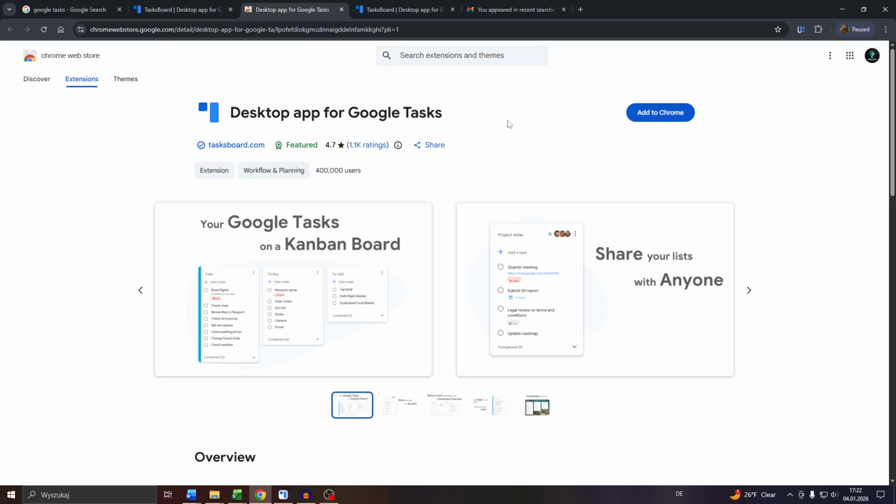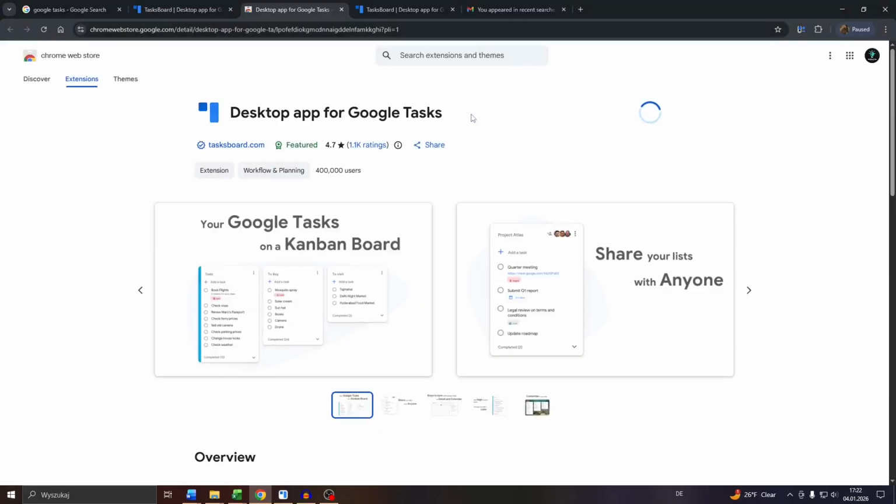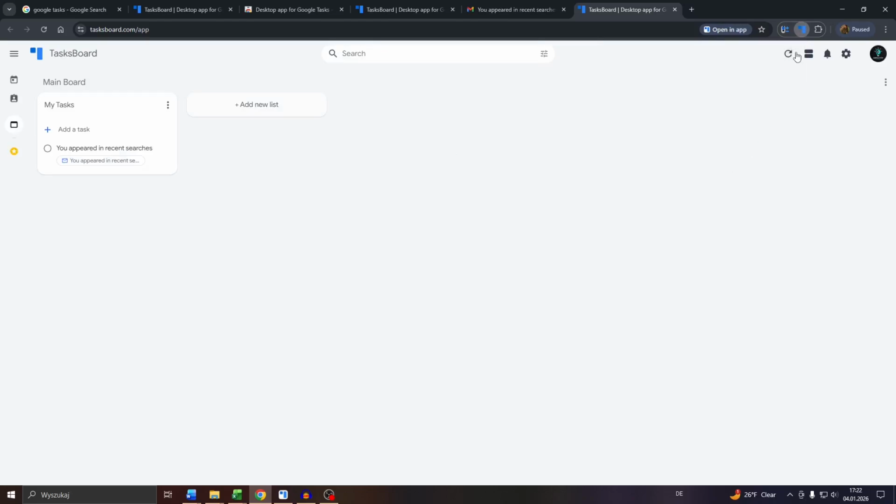So all you need to do, guys, as you can see, I haven't done that yet either, so I will do it for you for demonstration purposes. Click into add to Chrome here. After that, confirm by clicking into this button. Wait for Tasksboard to be added to extensions, and as you can see, let me just click off that or